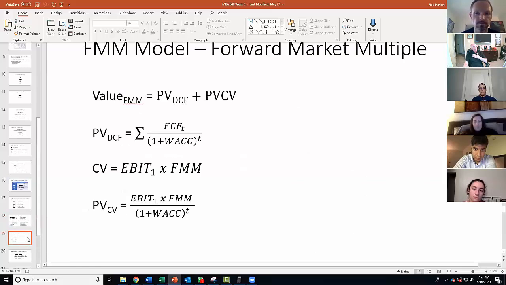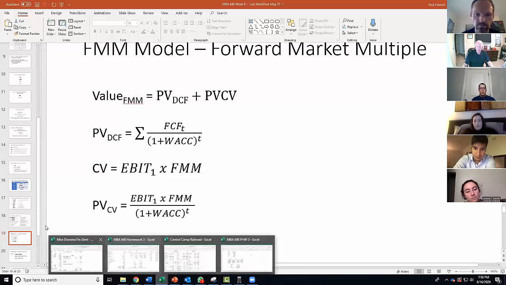So now I want to think about using the multiple in either a single stage model or a dual stage, multi-stage model. Remember I told you last week the difference between those. A single stage model might be one where we simply come up with a continuing value. So I'm going to go to Mirajavana for a minute, and we'll think about what a single stage model might look like.